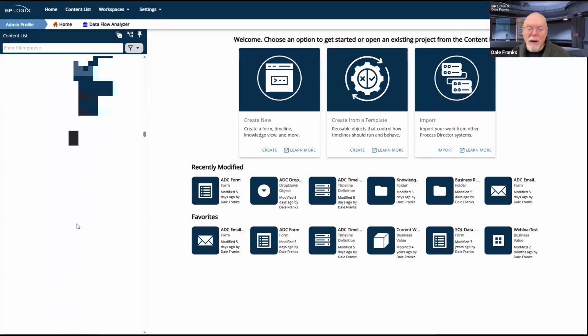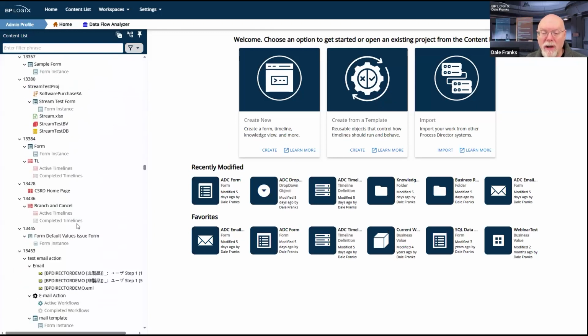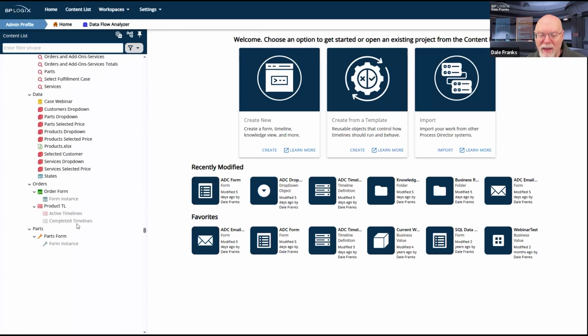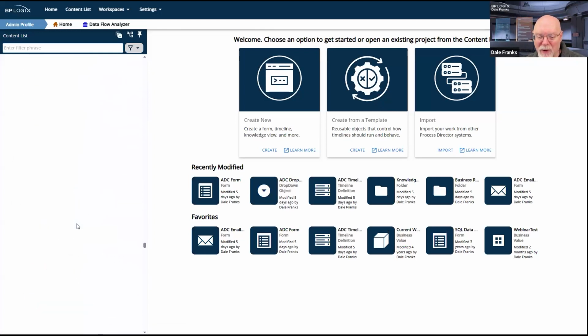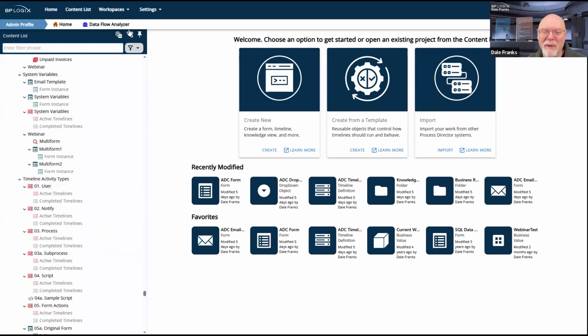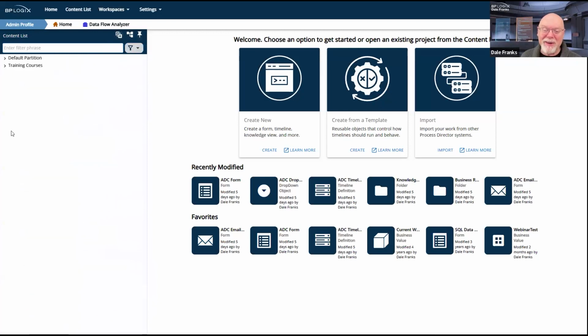So once I mark an item as a favorite, it remains permanently marked in my content list, but my content list is so long that scrolling through here to find favorites is difficult because they're all over the place. But we saw one, we found one, we know that it was marked, so we're good to go.